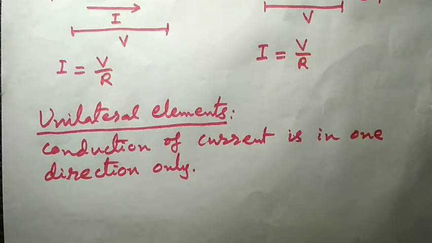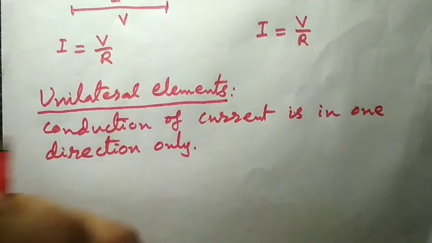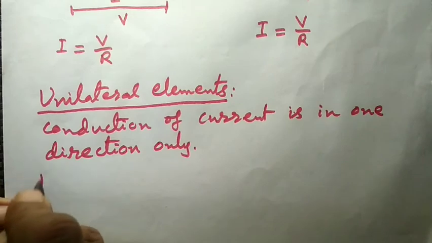That means the property of the circuit will be changed if we change the polarity of the supply voltage. The examples of the unilateral elements are